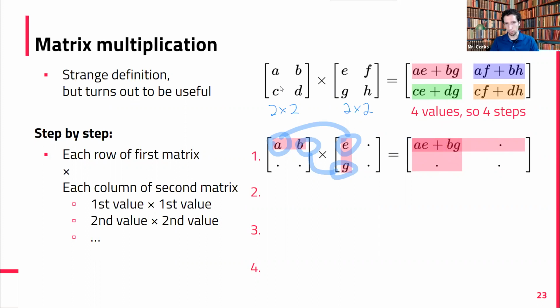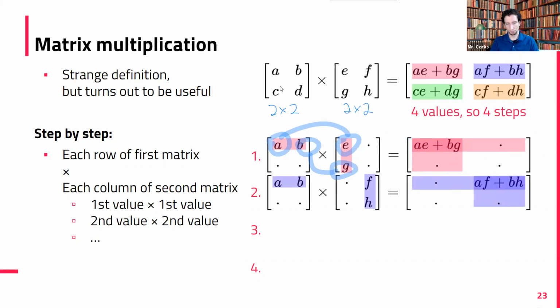Okay, let's do another one here. So for the second position, we're still working with the first row. We're not done. We have to do each row times each column. So first row still, but now times the second column, F, H. So then it's A times F, which we see here. And then it's B times H here. For the second part, do those multiplication steps. Then afterward, add together all the results. And that whole thing is just the next position of our resulting matrix here.